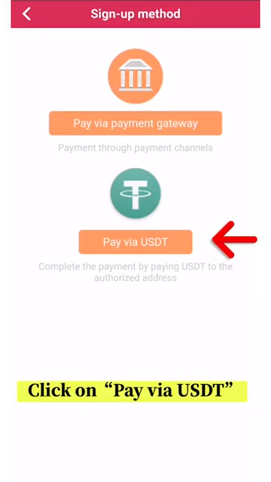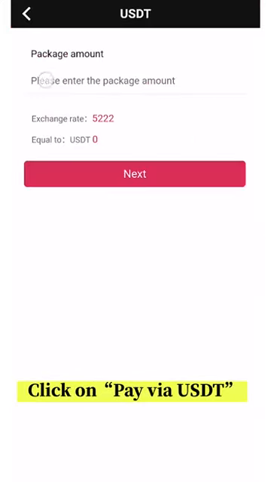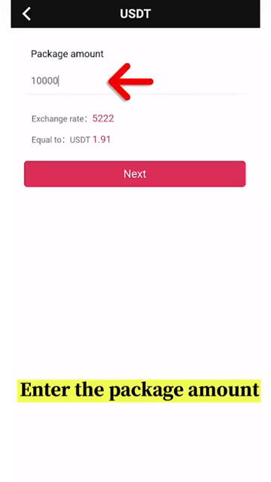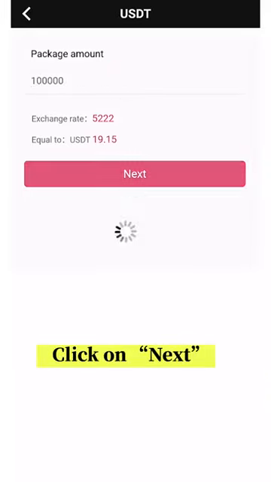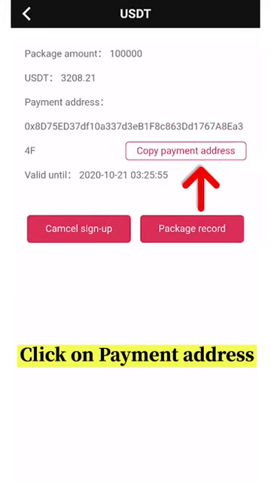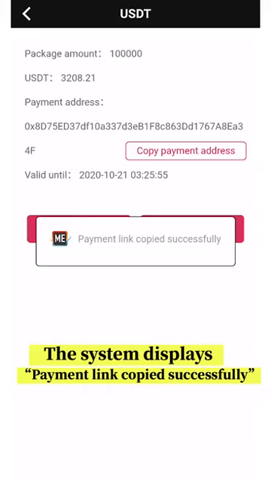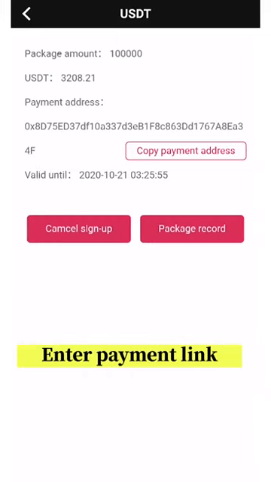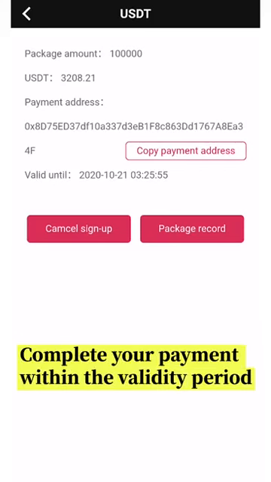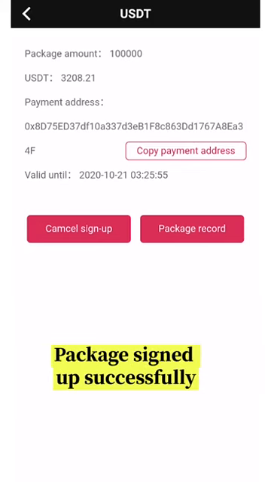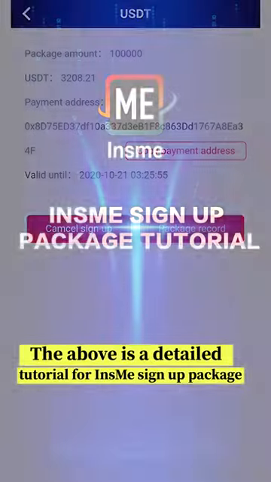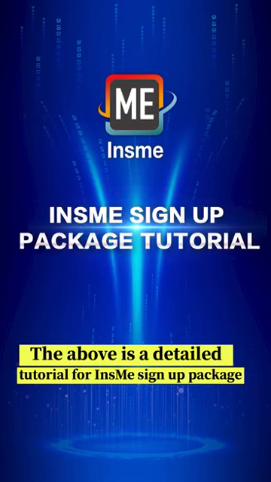Option 2. Click on pay via USDT. Enter the package amount. Click on next. Click on payment address. The system displays payment link copied successfully. Enter payment link. Complete your payment within the validity period. Package signed up successfully. The above is a detailed tutorial for insMe sign up